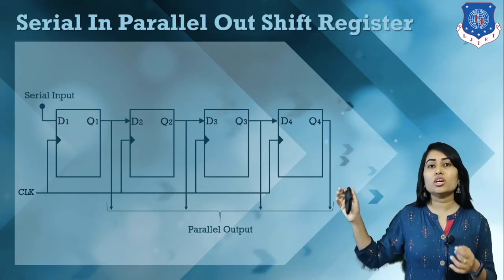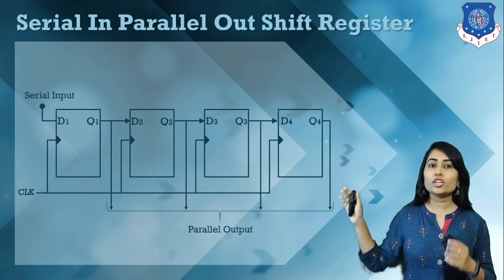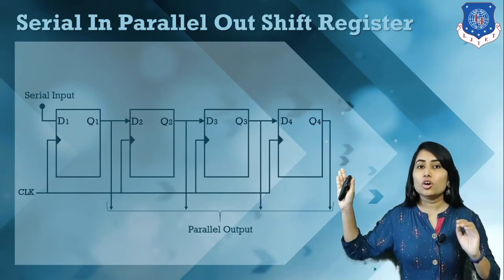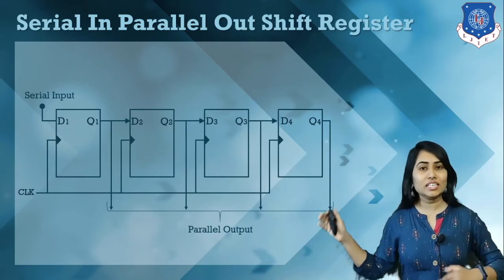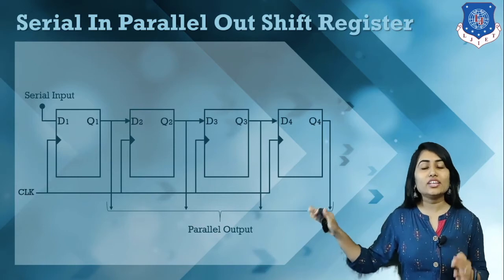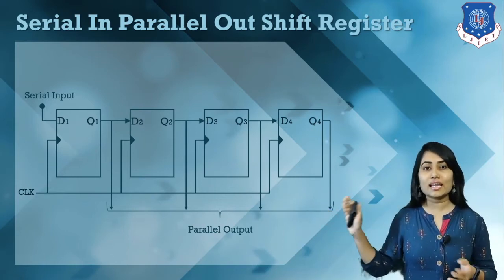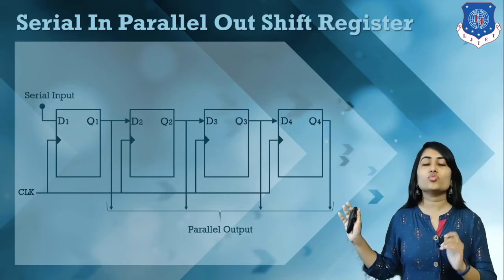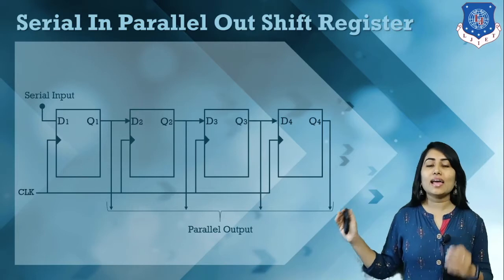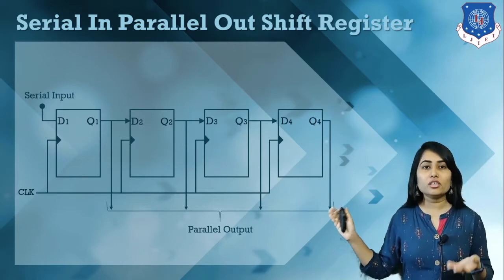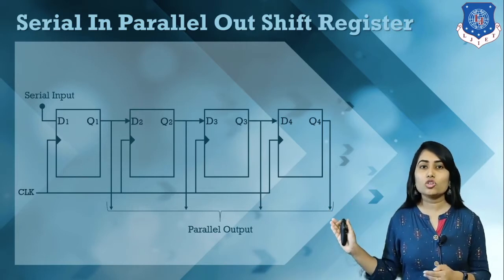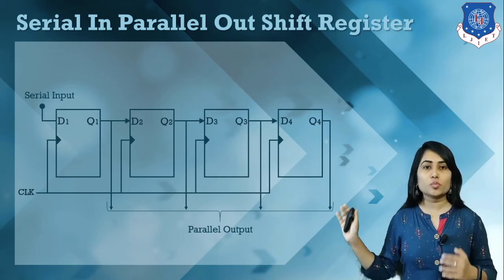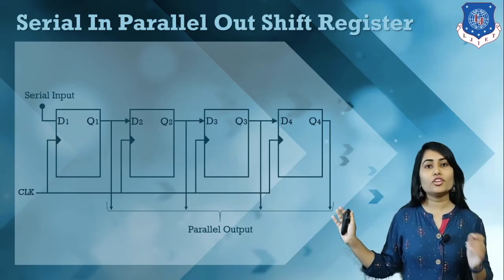So we have bits present at Q1, Q2, Q3, Q4, that means parallel output, and our data is entered only at D1, that means serially in. Our data gets entered one by one and then shifted like this. At each and every stage we have our output data, and for this 4-bit serial in, parallel out shift register, the data is present at the output side after the 4th clock pulse.